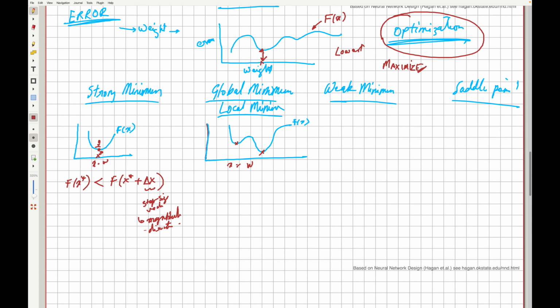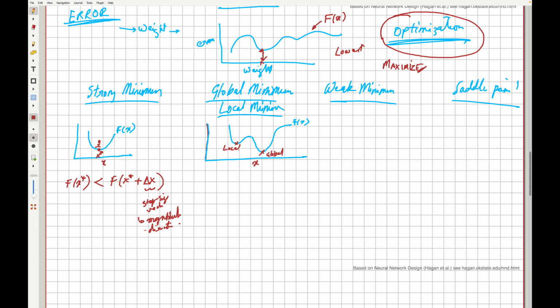So that's, let's write x here, but you can think of this as, if you are thinking error, then it could be w. Now this is called a local minima, this is called a global minima. And why is this a local minimum? Because if I step outside of this position, this point, and look around the surface f of x, there is